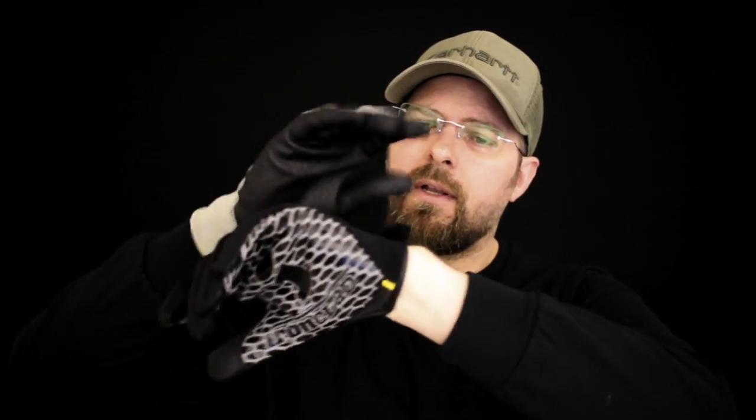cuffing system. It's hard to say, yeah, you know what, why would I want to go with something like this? Well, they both have their places. See, when you have a cut and sewn glove, you've got a lot of parts that you have to start to loosen up and break in, which could take you a couple days of working with it. So that could be a little sloppy in the first day or two of trying to get things